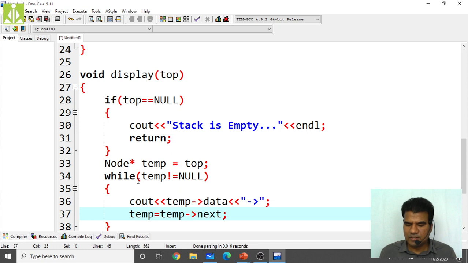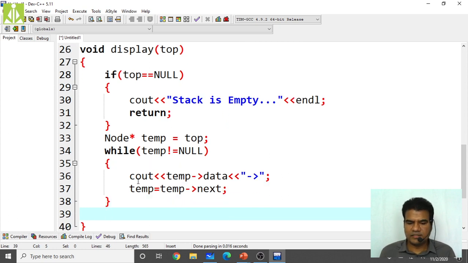So once you come out of that loop, no need to check again. As you are printing the entire list, the temp will become null only, because only when temp becomes null will this condition fail and the control come over here.